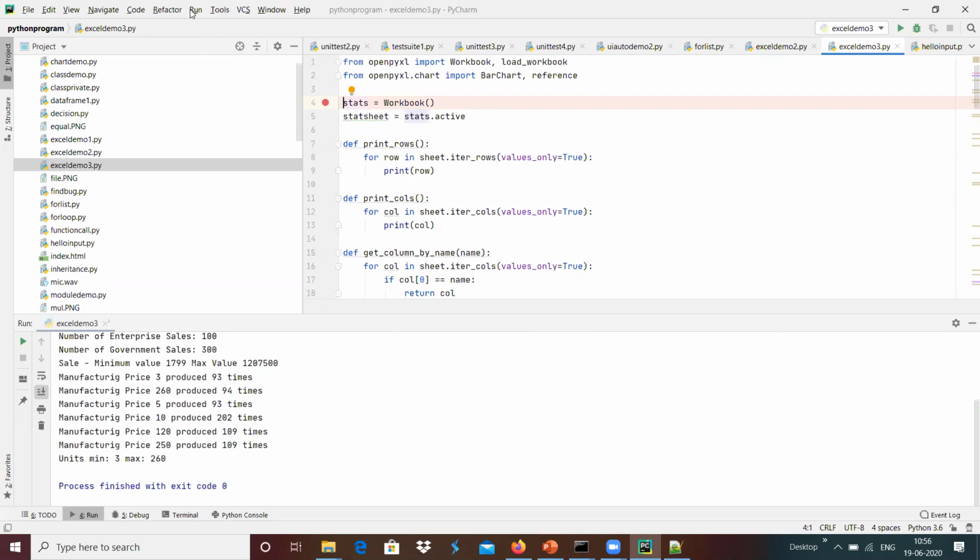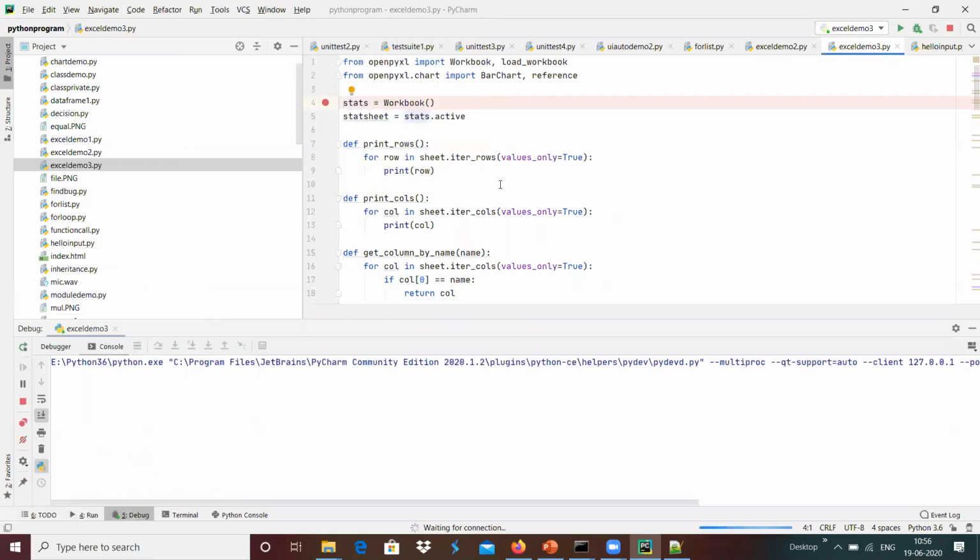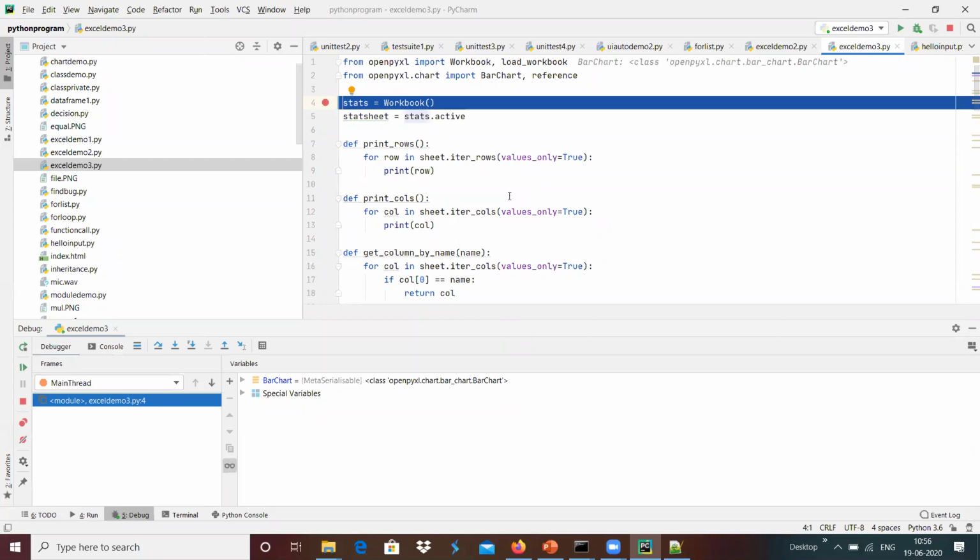I'm going to debug Excel demo. Yeah, it reaches the breakpoint.